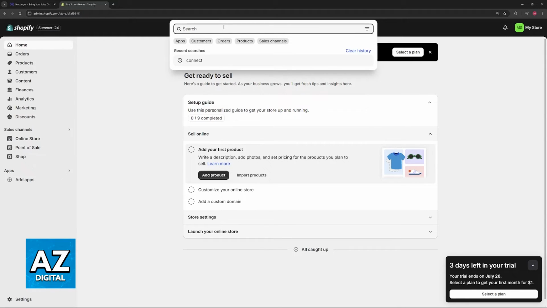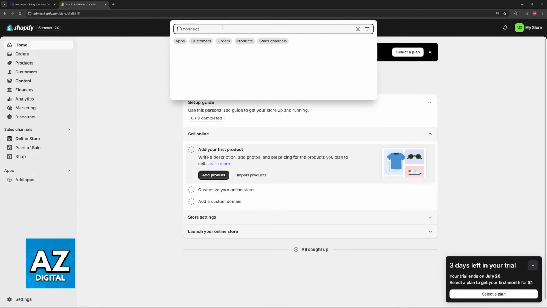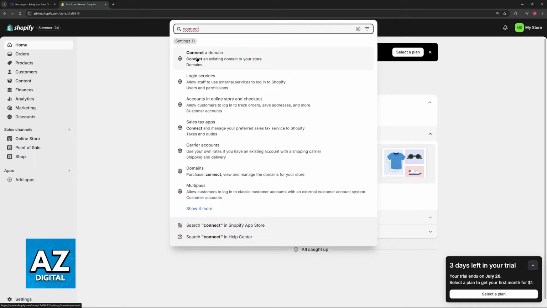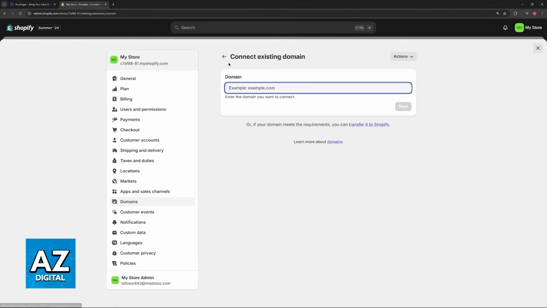In here, you can use the search function and look for the word connect, and then you will be able to find the option to connect an existing domain to your store. Like I said, while they don't allow you to transfer the full ownership of the domain to Shopify, you can still connect the domain. And in here, you just have to include a specific domain from Hostinger that you would